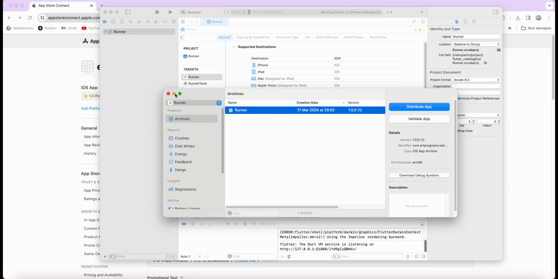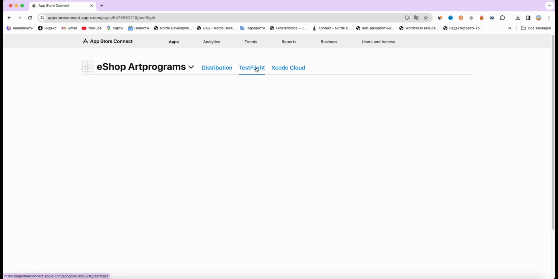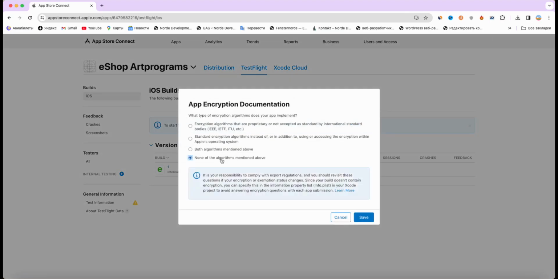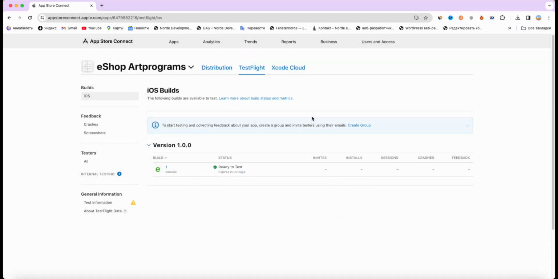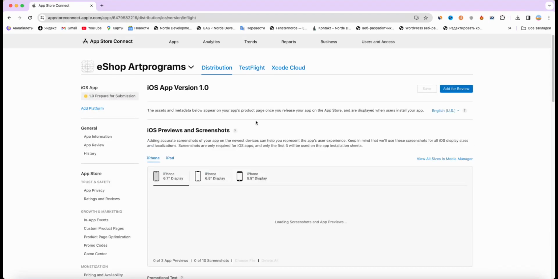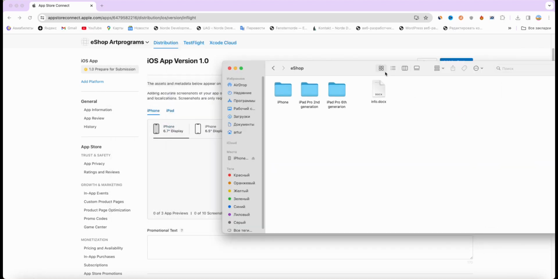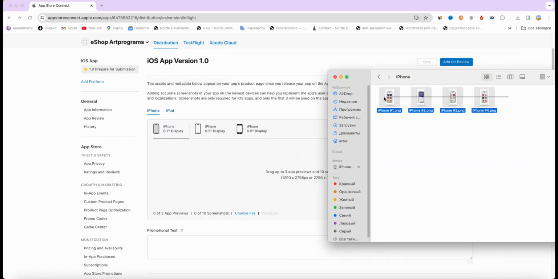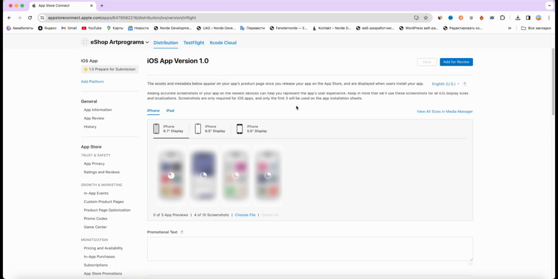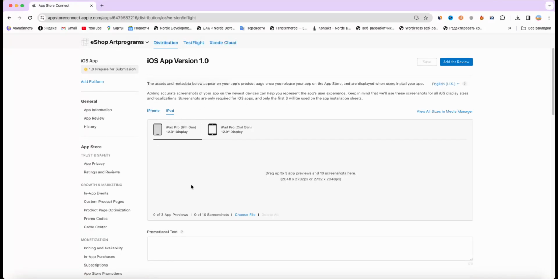Done, and we open TestFlight, then we select manage, none, save, open distribution, then we add screens for iPhone, and add screens for iPad,